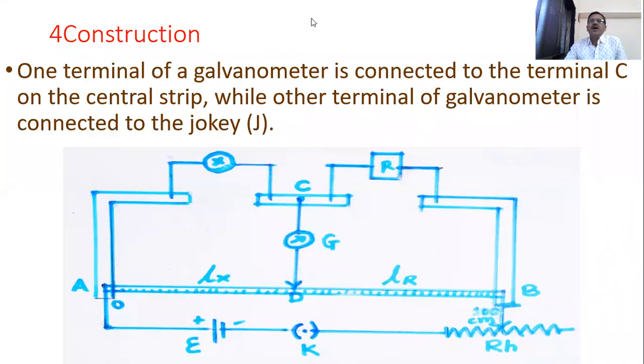One terminal of the galvanometer is connected to the terminal C of the central strip. So this is a galvanometer.